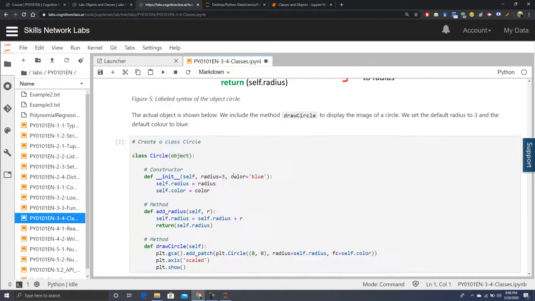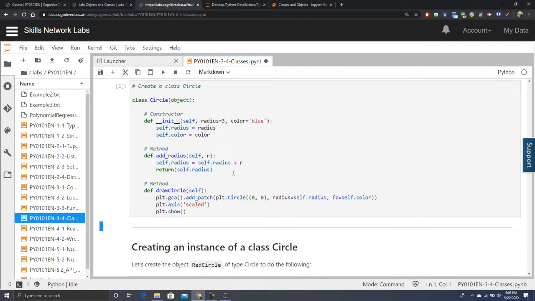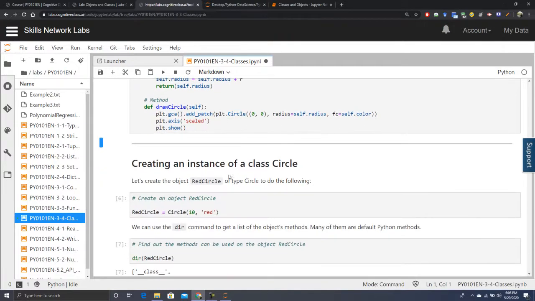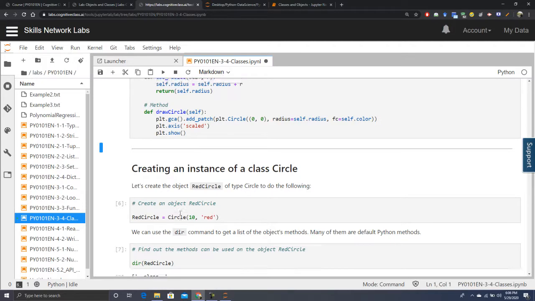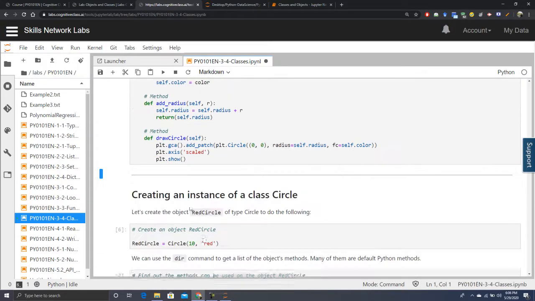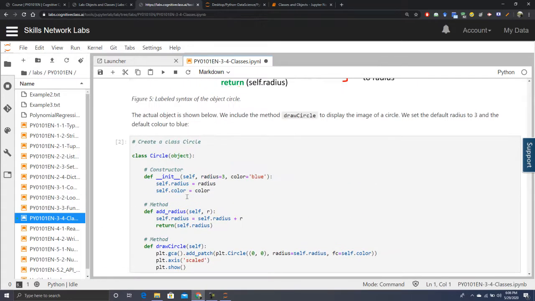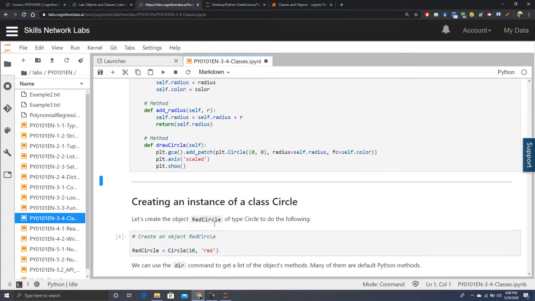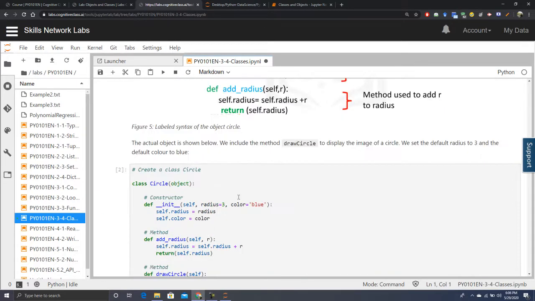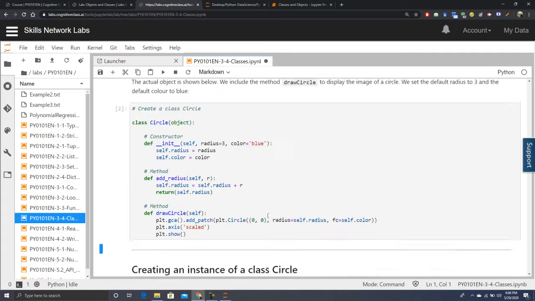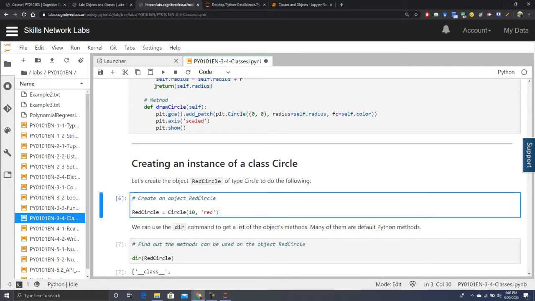So here also we are creating different instances of the class. For example, we say red_circle equals Circle(10, 'red'). So whenever it comes to Circle, it will go to the class Circle, and you have mentioned 10, so 10 will be taken as the radius, and you have mentioned red, so it will consider the color equal to red. If you run it from here,